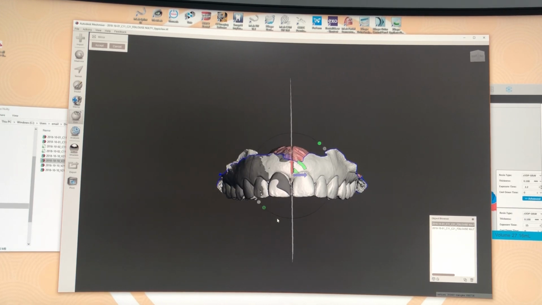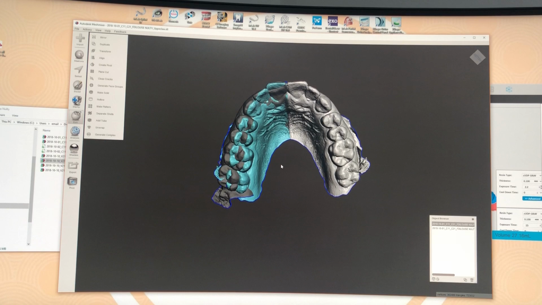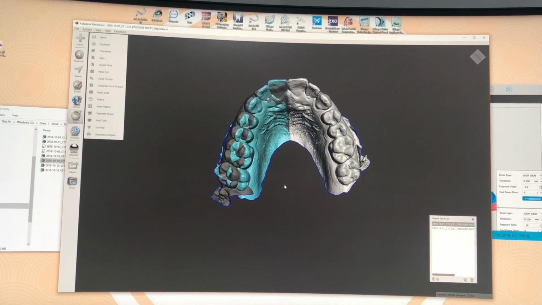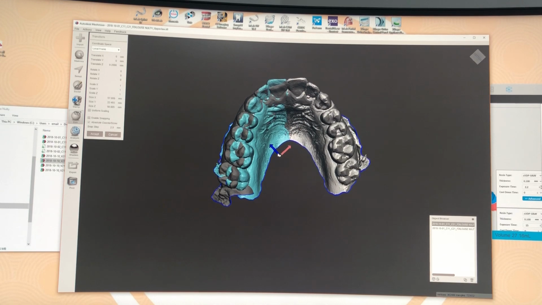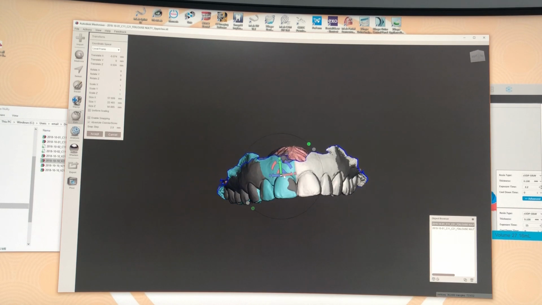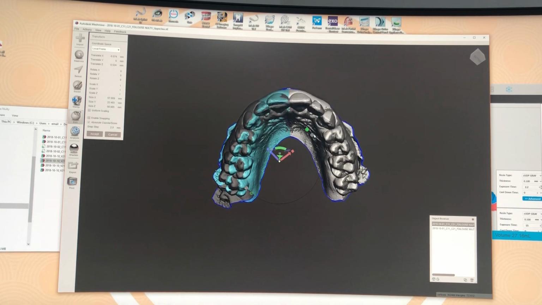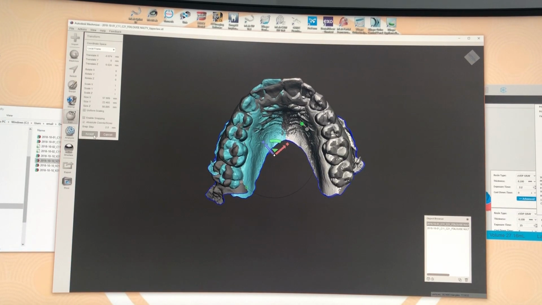And then once it's pretty much in place, accept it. And remember, anything you click on in Meshmixer, you can translate as well. So press T, and then we just move this out a little bit. That's it. Okay, so what we can do then, we press accept,